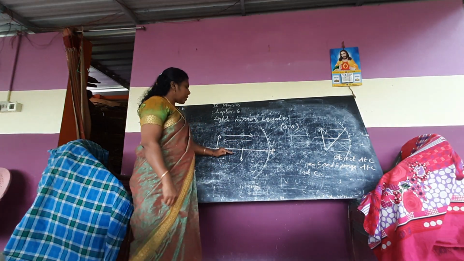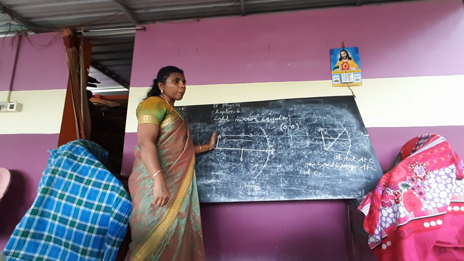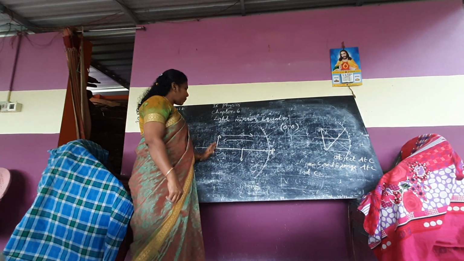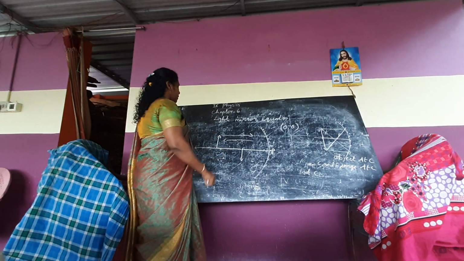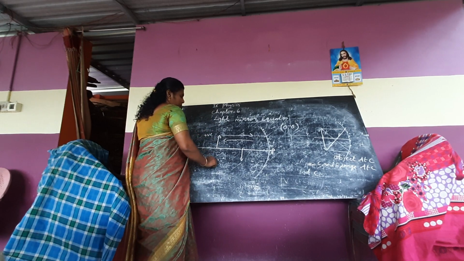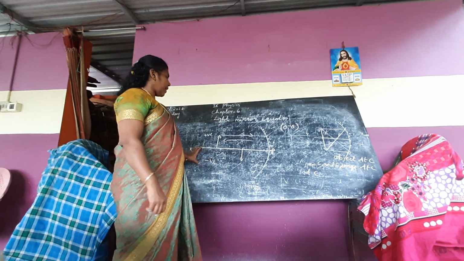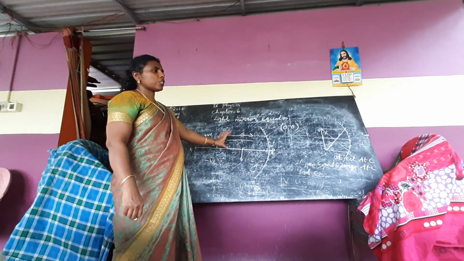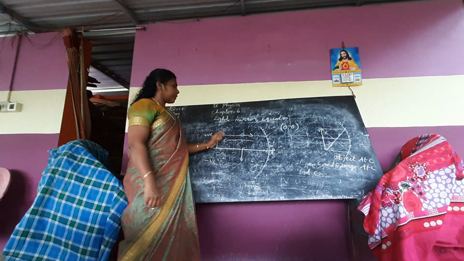Now, perpendicular to the principal axis: you all know perpendicular distance. The perpendicular distance above the principal axis is taken as positive, and the perpendicular distance below the principal axis is taken as negative. So these are the Cartesian sign conventions for a concave mirror. Okay, so how to find the distance?